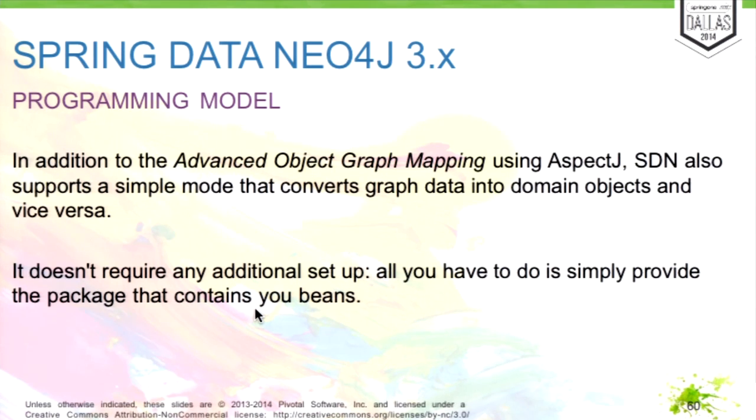So we also have a mapping mode that just takes pieces of the data out of the database, copies it into your entities, and they're completely detached from the database. So you can do whatever. You can render them to JSON. You can put them in the web frameworks and so on. So in this example that we will show, we also use this simple mapping.